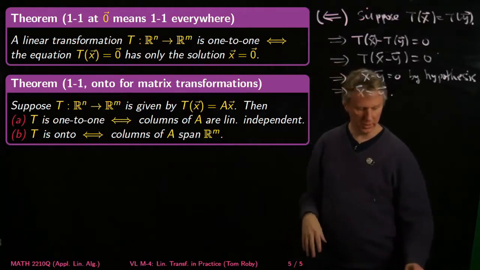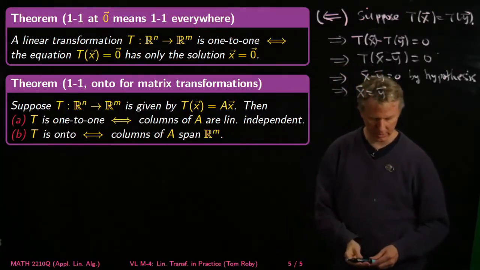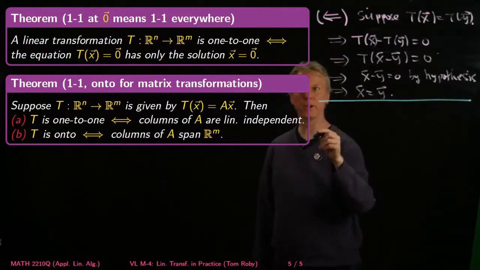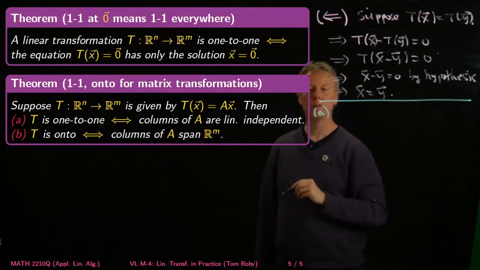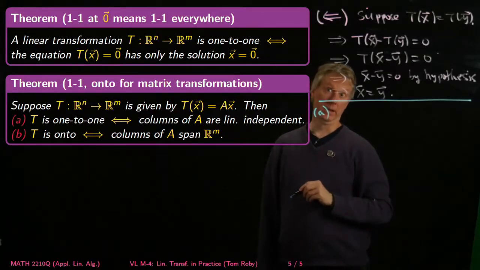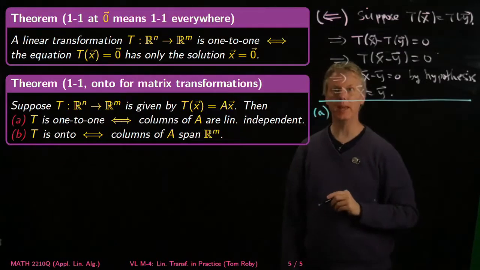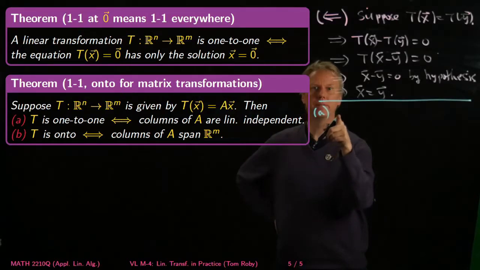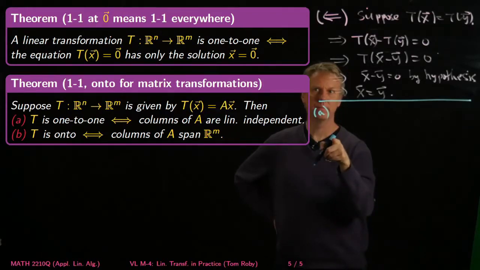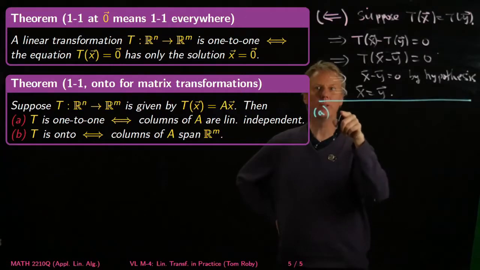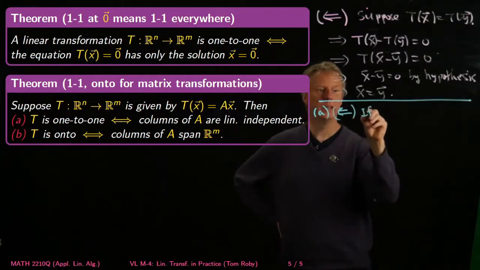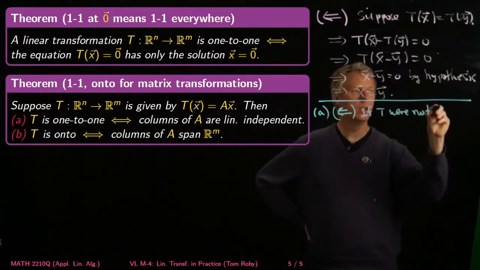Okay. So neither of these is hard, but maybe it's worth writing down a little bit of an argument just so that you get used to seeing how these things get written out. So that's the end of the proof of the first thing. So now let's take a look at A. Really there are two directions to each of these statements. But to show that the columns, if T is one-to-one, really it's the same argument as before. So if T is not one-to-one, so to show this direction, I guess I'll say if T were not one-to-one,